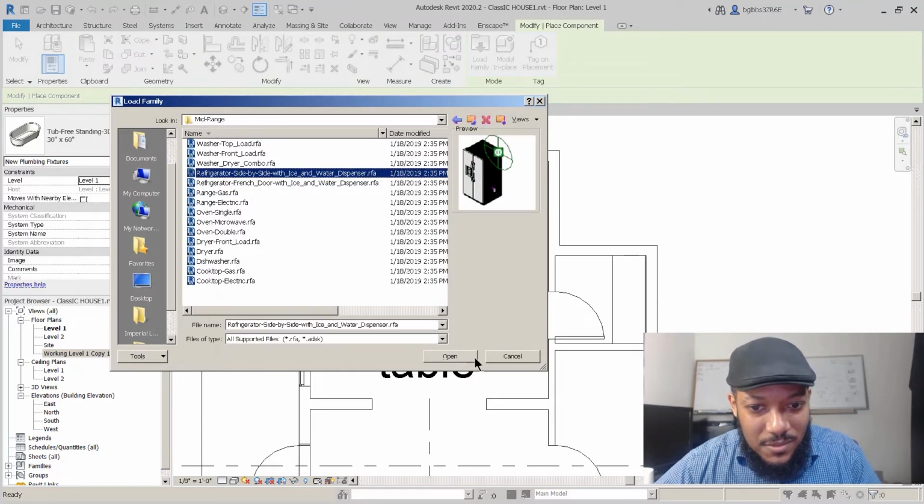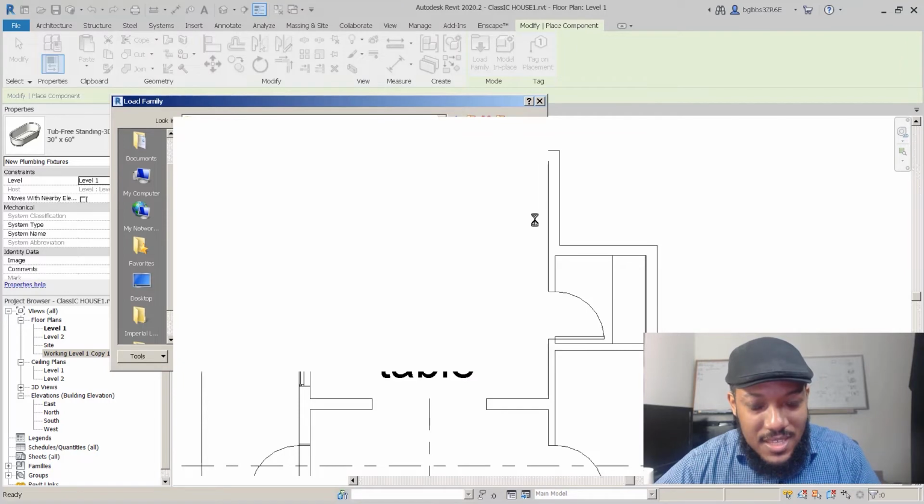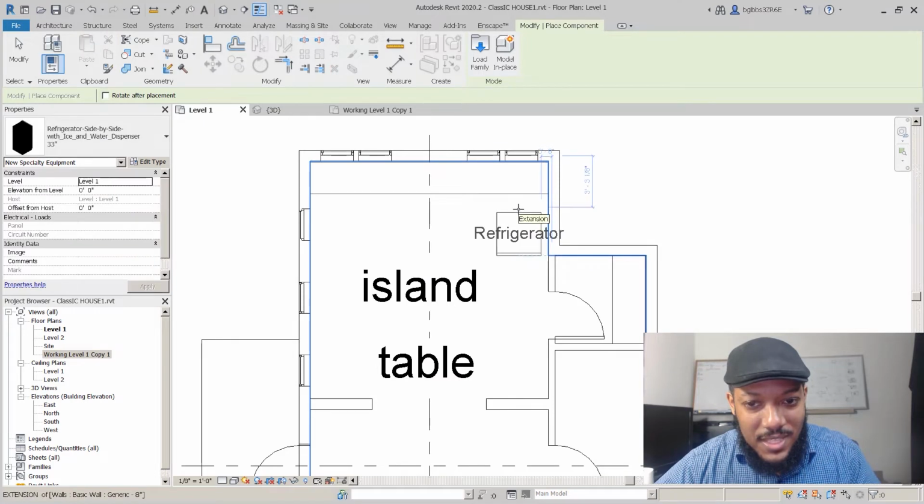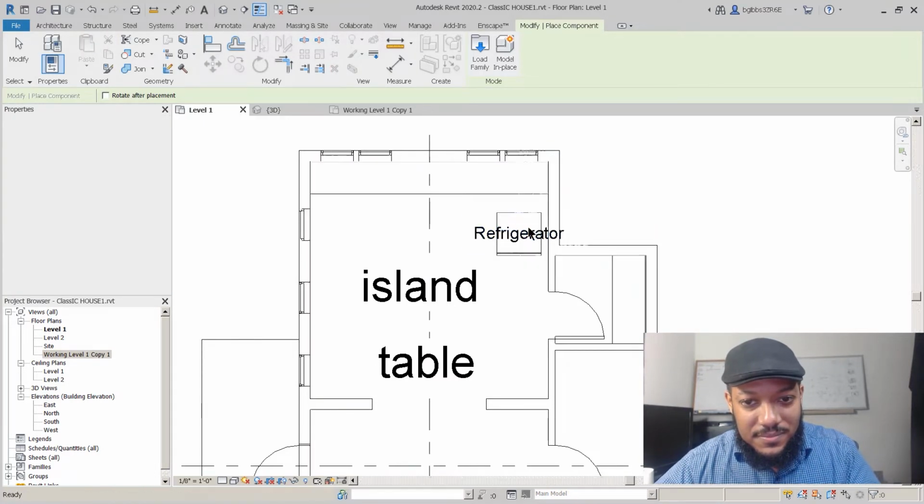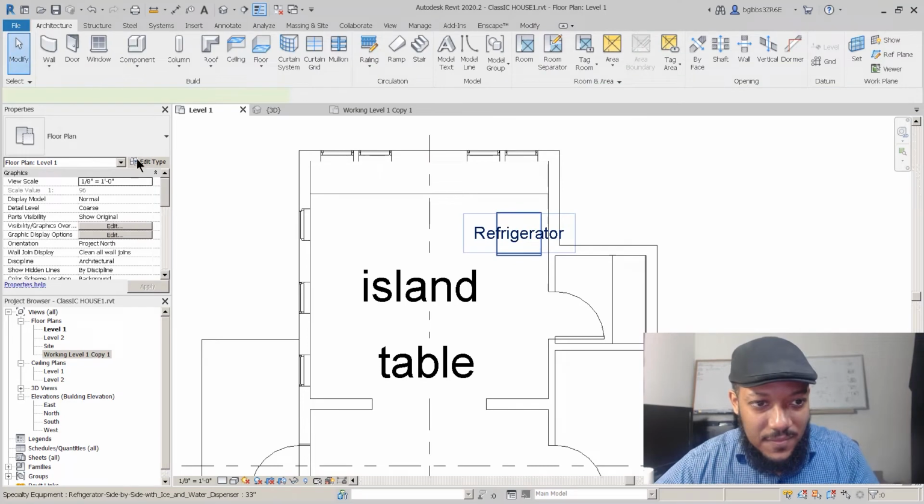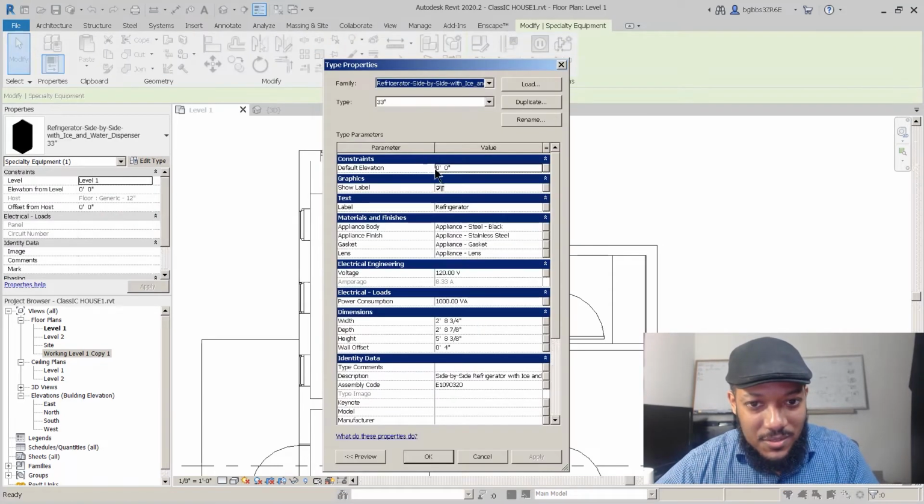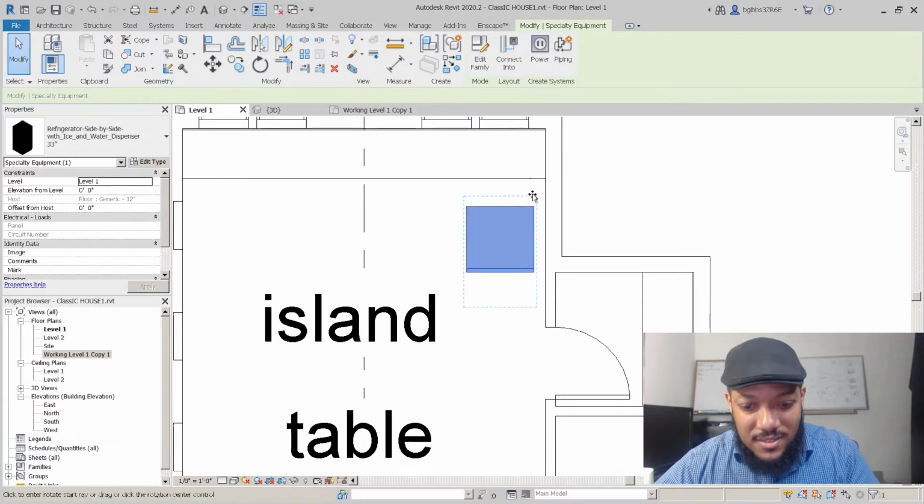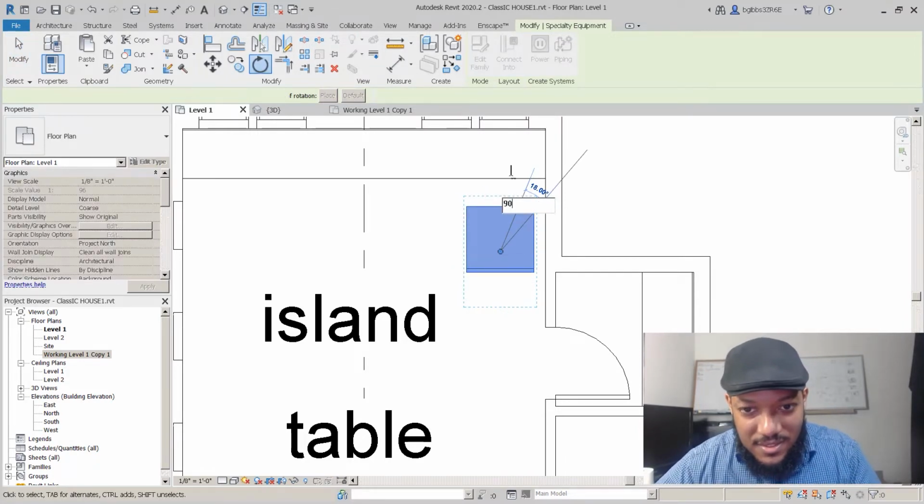So we'll add a refrigerator, and that refrigerator will probably come at one of the ends, and we'll go in here. This again is a family. We can choose certain things we want. We don't want to show the label. Some other information is there. Rotate this 90 degrees